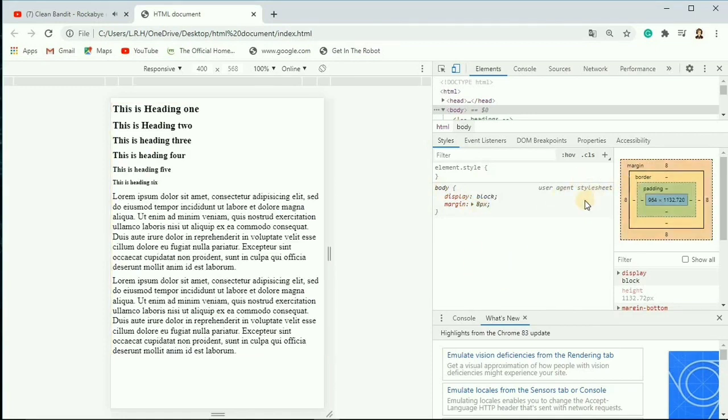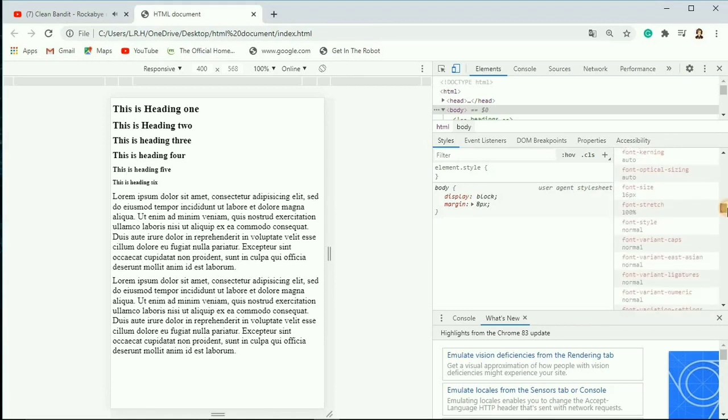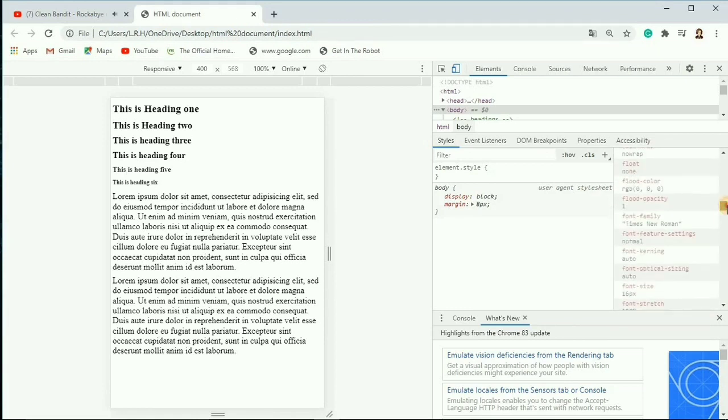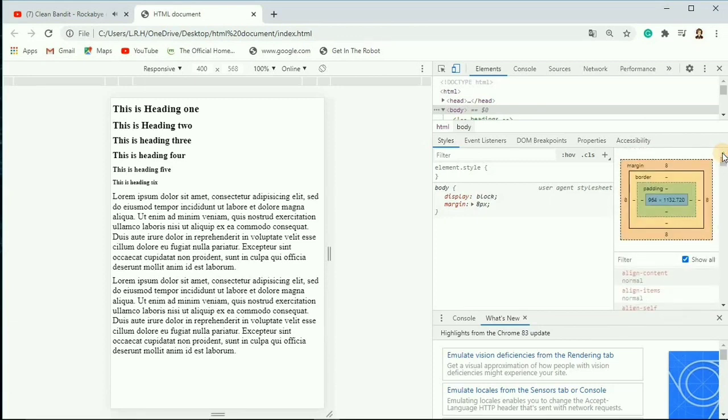There is also a box diagram, and there is a bunch of default styling by the browser, and it has something to do with CSS, so we will be talking about that in upcoming videos, because this is just HTML.